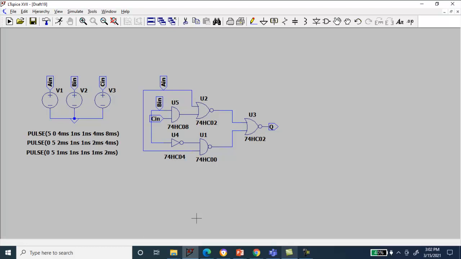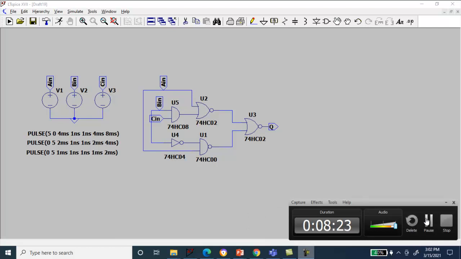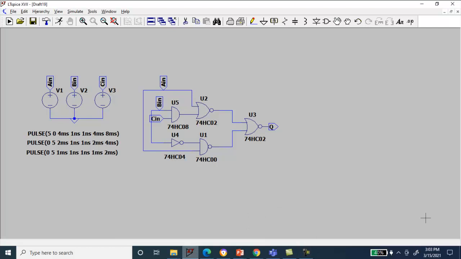Okay, with the minimization circuit also let us draw. I think that is A B bar. So we need an AND gate again.